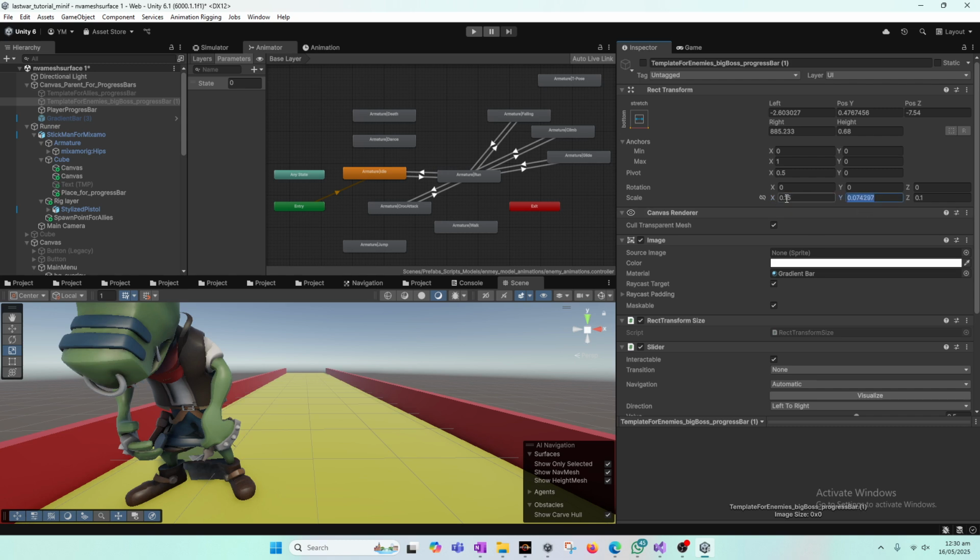So let's make it 3 times. If you want to make it 3 times, you simply type 0.3. Now if you play,